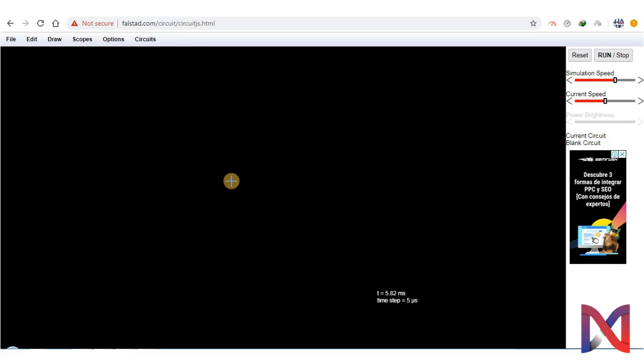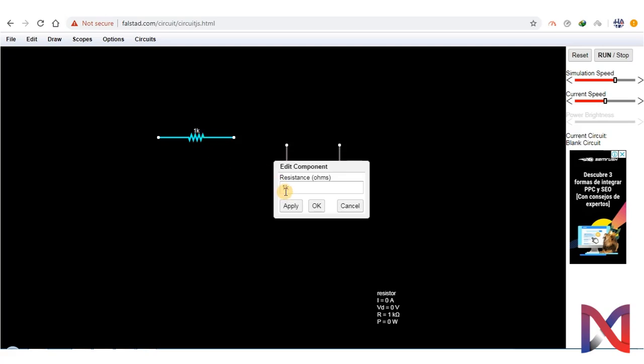Let's now verify our second example. We go to draw and place 3 resistors in series parallel combination. First resistor was of 5 kilo ohm.